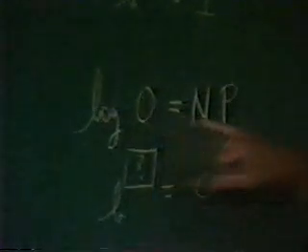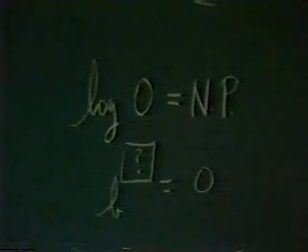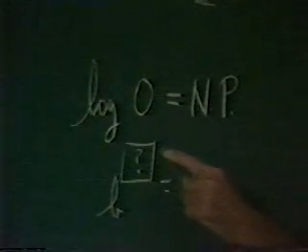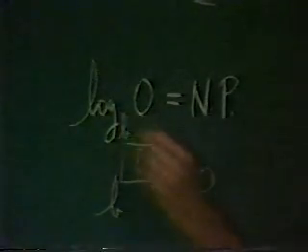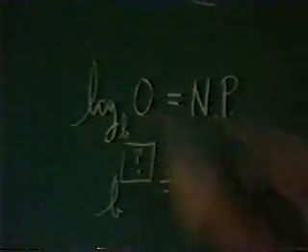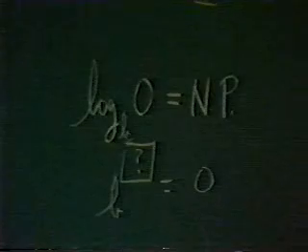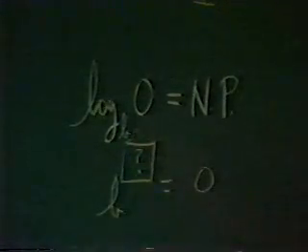All right, the next one. The log of 0 is not possible. Now here's the reason, but you just memorize it. What base raised to what power is equal to 0? Now the bases that we're dealing with in this chapter, and almost all problems you'll deal with in the first 2 or 3 years of mathematics, the bases of logarithms are always a positive, non-zero number. In other words, they're always numbers greater than 0